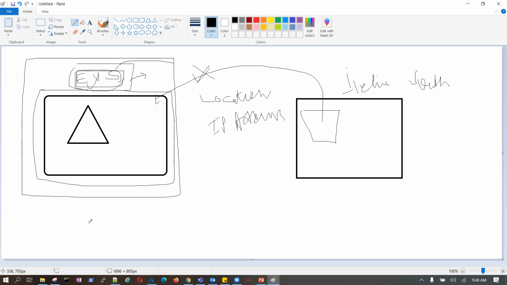Third option, I can allow only users in this specific region to create the resource. Got my point? So based on your requirement, you can control how you want. Policy is one way.